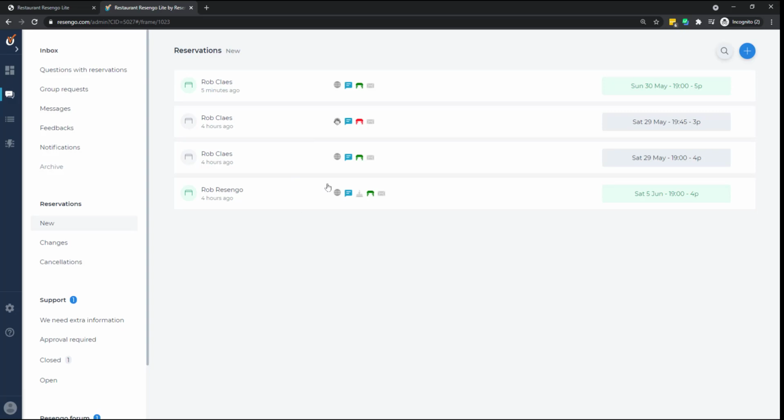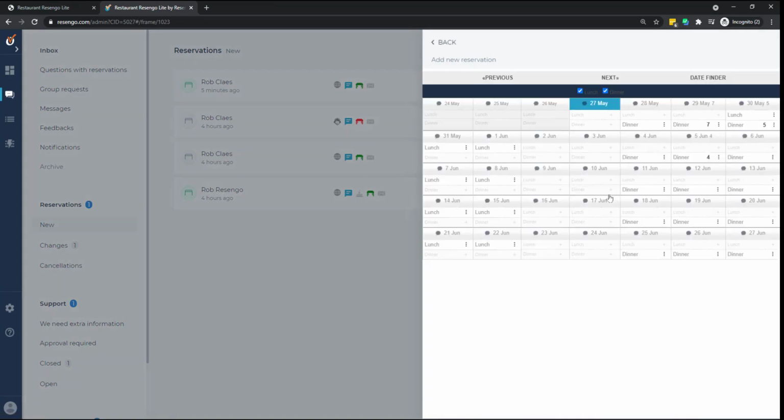A very important part of the inbox is also the place, because this is the place where we also will add our reservations manually. If we have, for example, someone who makes a call for a reservation, you can add them manually by clicking on the plus sign here. We will see now